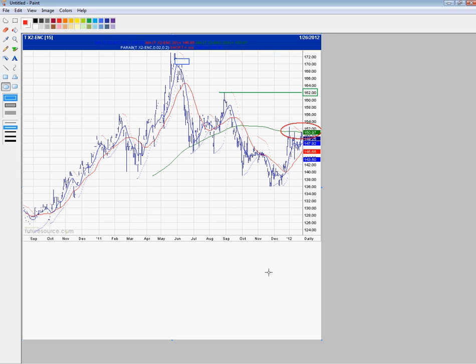Today is Friday 27th January 2012, and as usual we're looking at the November 2012 Newcock contract, and we've got the daily bar chart in front of us, longer term. As you can see, we're still knocking hard against this 200-day moving average. This is a simple moving average, the green line shown here at 150.97. We're now coming up to testing it for the third time,